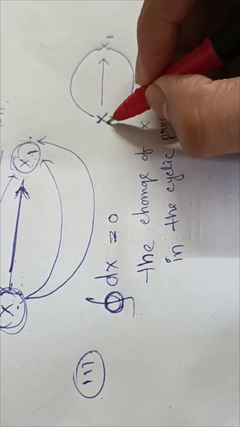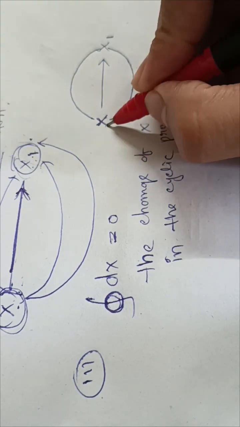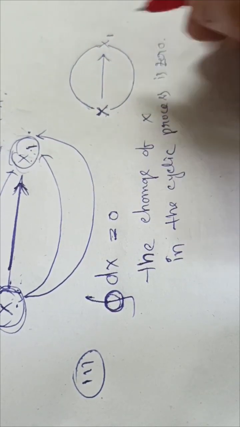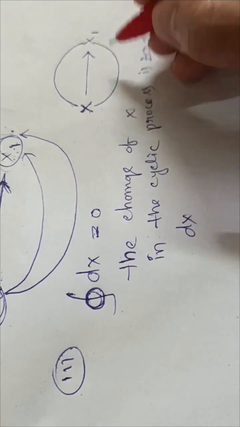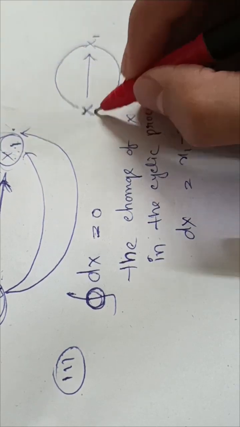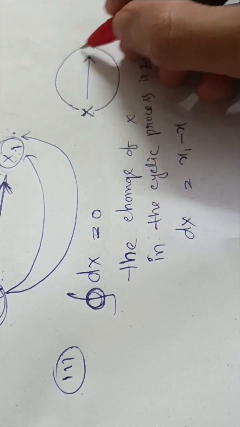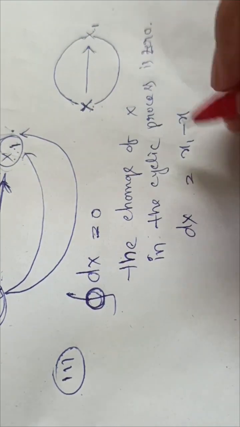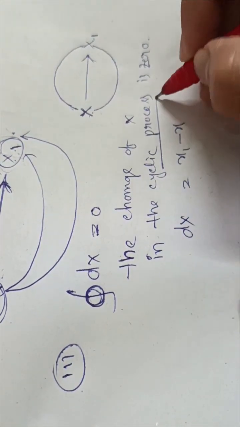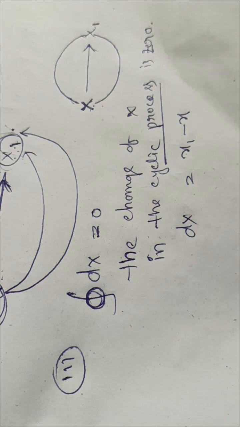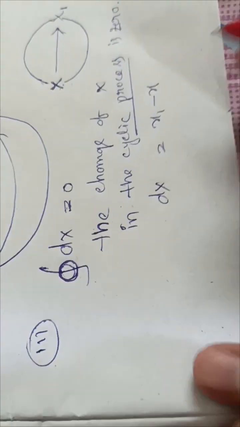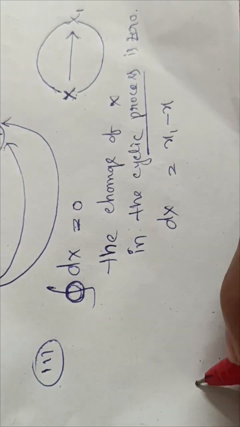That is, it will only depend on the final and initial state, not on what path it is going. So the change will always be x1 minus x, that is final minus initial state, not on the path. So in a cyclic process, the change will be 0. So these are three parameters, and it can also be written as